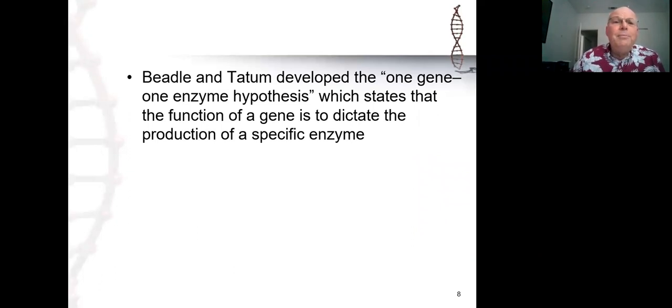Now, very quickly, it became known that enzymes were proteins. This was something that was already reasonably well understood, but it was over a short period of time around this time frame that it was confirmed that enzymes were in fact proteins. So if genes were directing the synthesis of enzymes, and enzymes are in fact proteins, then it stands to reason that what genes are really doing is directing the synthesis of proteins.